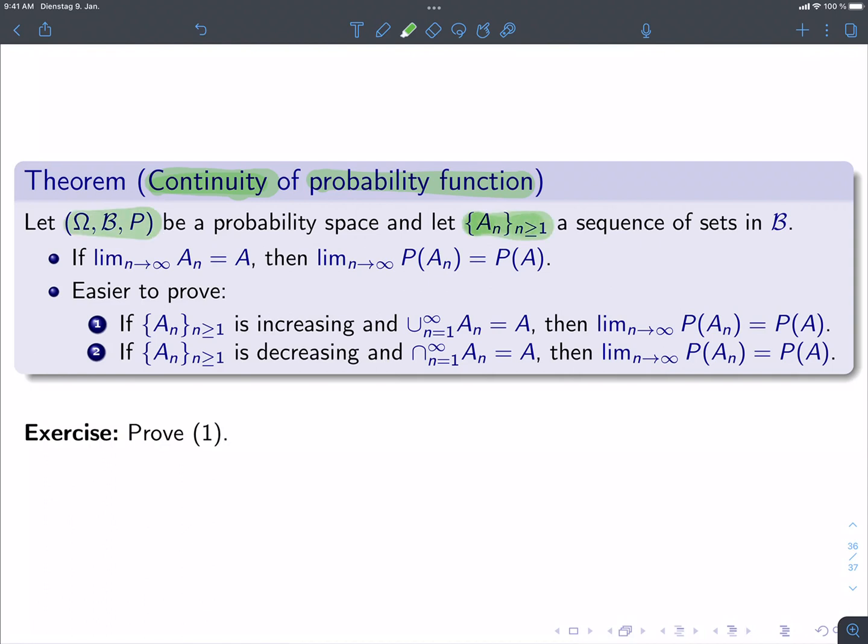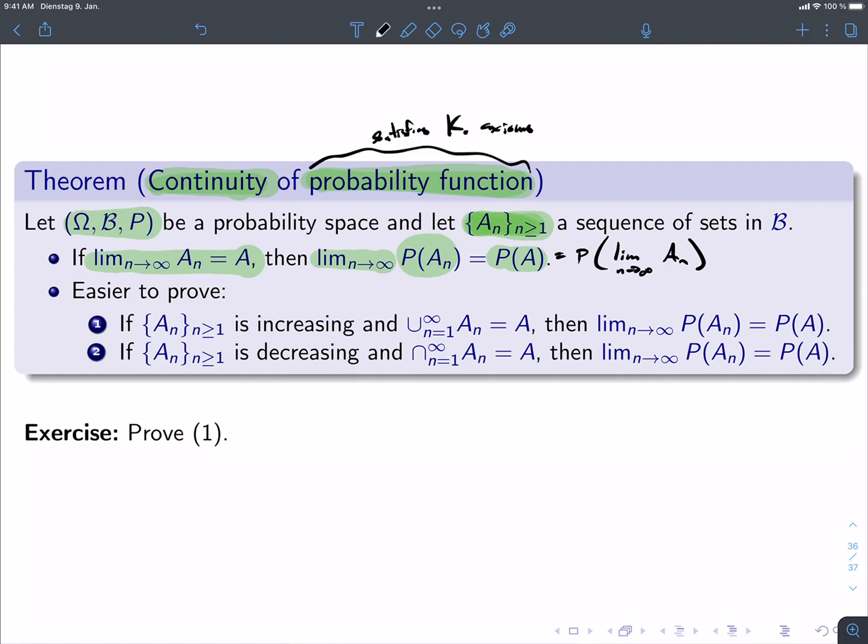If I have a sequence of sets with a limit, then what we find is true of our probability function. Probability function means it satisfies the Kolmogorov axioms. What we find is true of the probability function is that the limit of the probability of the set A_n is equal to the probability of A. That means I can pass the limit